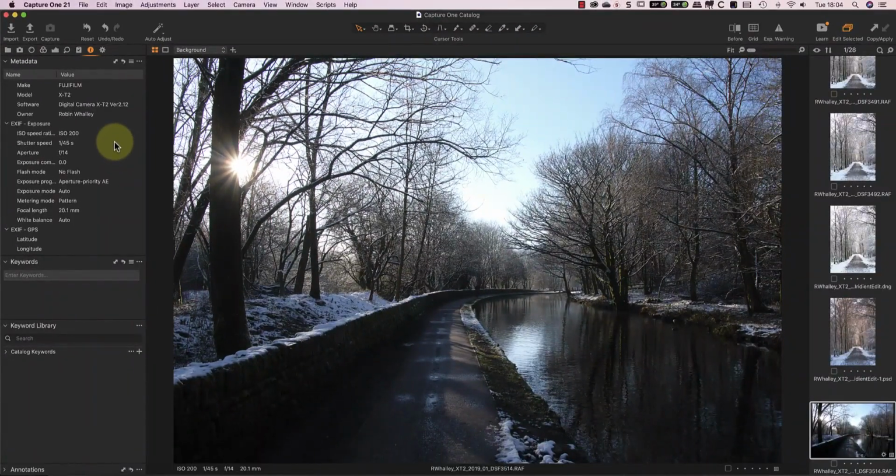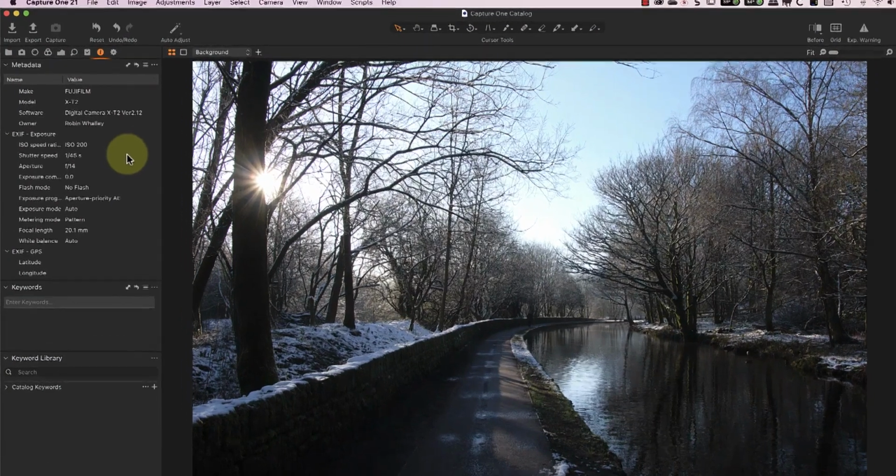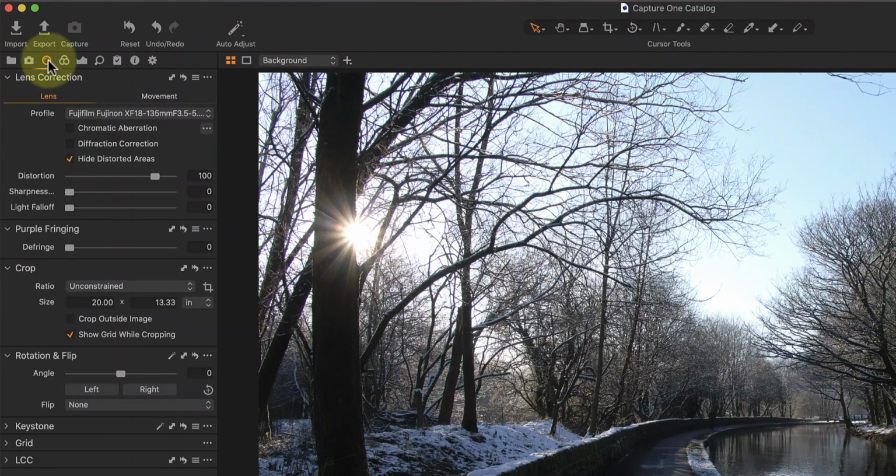Now, the problem with this shot is that it's a high contrast scene with deep shadows. Ideally I should have used a filter on the lens, but I didn't, so this is the best we have to work with. My first step when producing all my images in Capture One is to check the lens profile